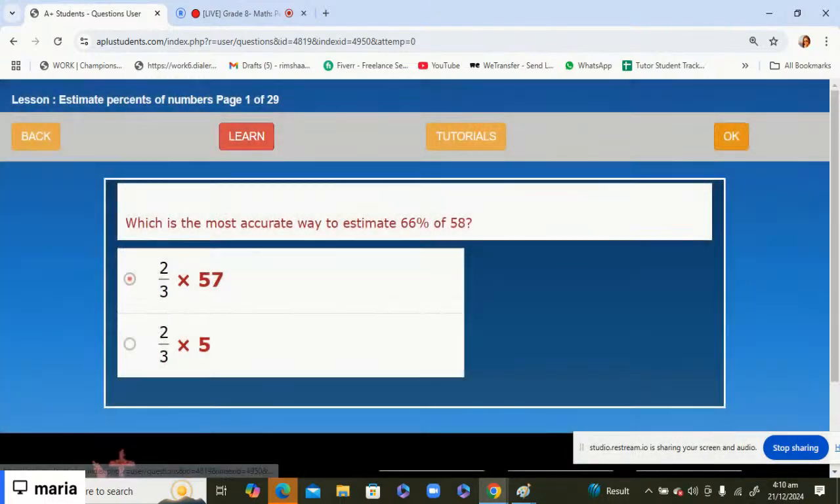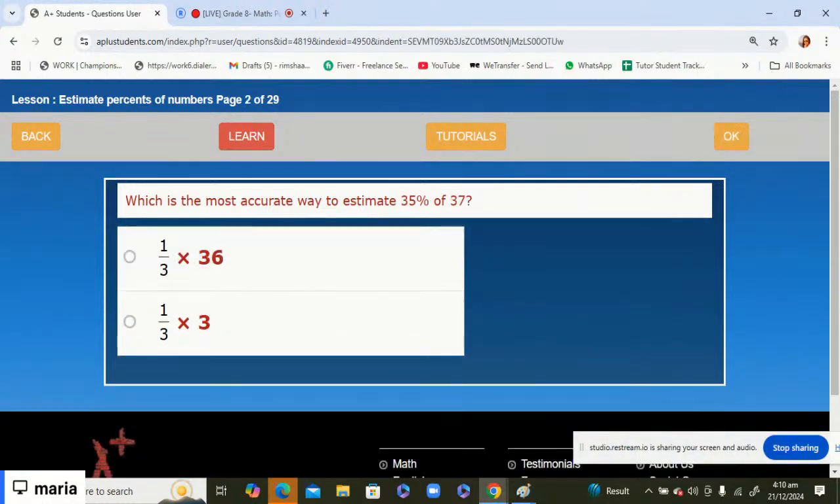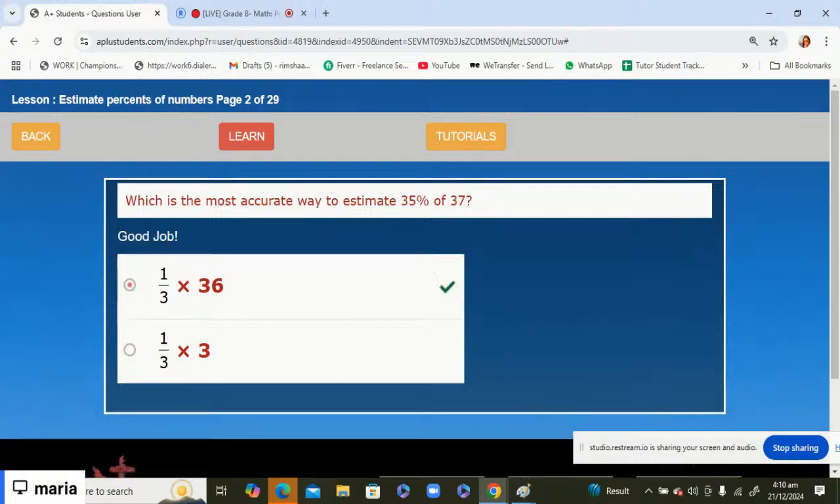2 by 3 times 57. Hope you guys understand this lesson, and this is the way 35% of 37. This is 1 by 3 times 36. Okay,